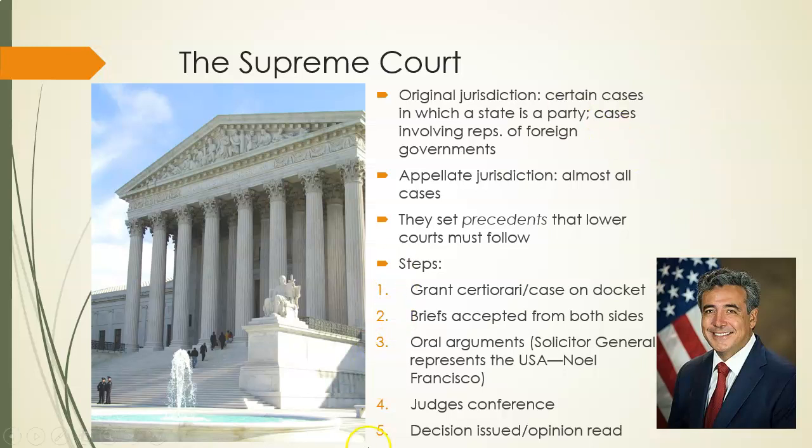Okay, these 5 steps don't happen overnight. The court system runs a little slow. When they grant certiorari and accept the briefs, that happens pretty quickly, but the oral arguments happen months later. Then they confer, and that might be 3 or 4 weeks after oral arguments, and then their decisions are issued maybe a month or 2 after that. So it takes a good 6 months or so before somebody is granted certiorari and their case is actually decided